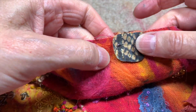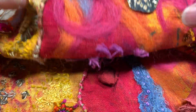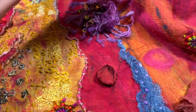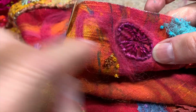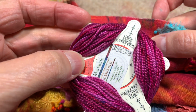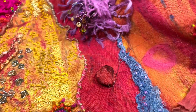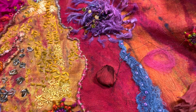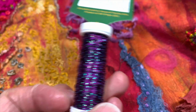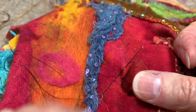And I also have this bit of cork that I'm thinking of adding here. I'm not sure. I did some roving here and here, as well as here. And then I did a purl stitch here with this thread, the painter's thread. So I've got some silk and chenille. I might do something with that. I've got a little of this. I thought I might, I don't know. We'll see. One step at a time. But right now I'm just stitching this down